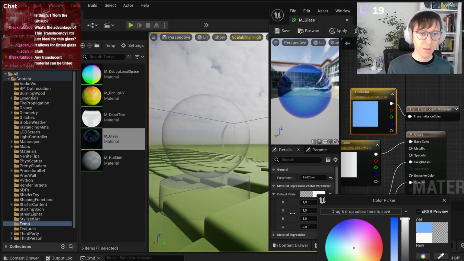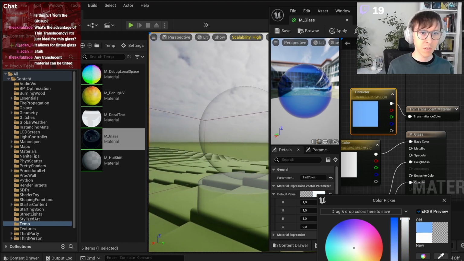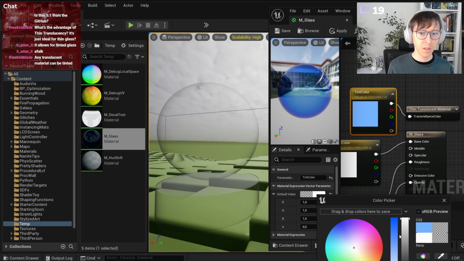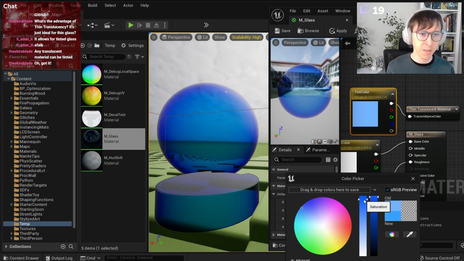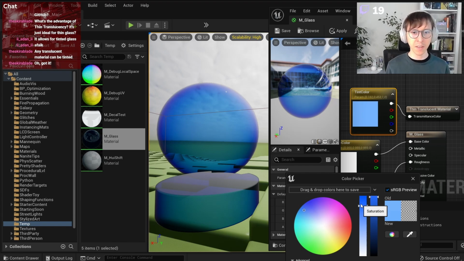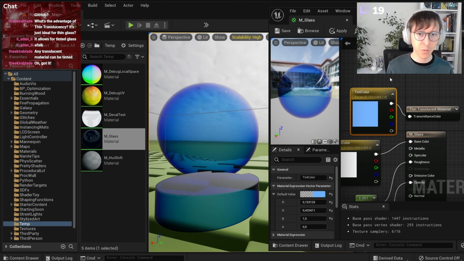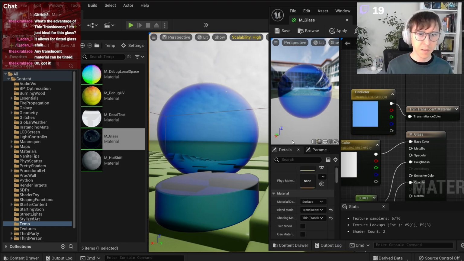If it's white, the glass is almost fully translucent. Now I change it to blue. So look at the saturation. Look how nice this color is, how intense. Because typical glass, when you don't use this thin translucency,